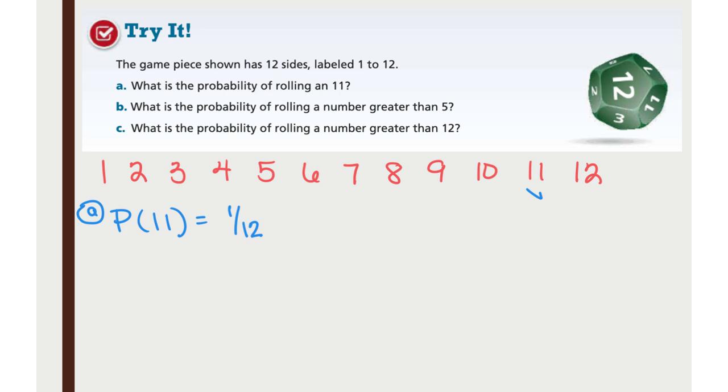Probability isn't just a fraction, though. What is it as a decimal? Who just said a decimal? Because I think it may have been off just a little bit. Izzy? 0.083 repeated. Okay, 0.083 and the 3 repeats. So probability can be a fraction. It can be a decimal. It can be a percent. What would this be as a percent? 8% or 8.3 repeated percent.